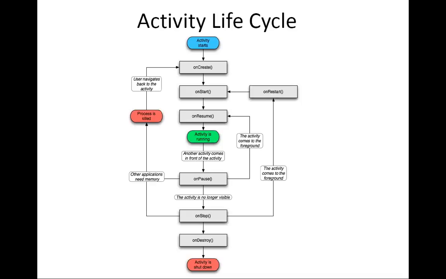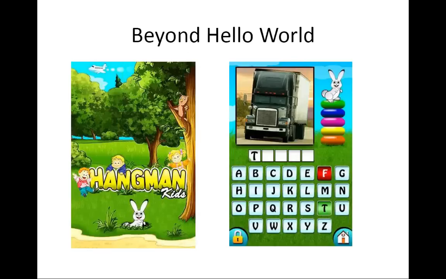So when you write an application, you should understand that your activity might not be in the foreground all the time. It might get certain callbacks to handle those situations. And this activity life cycle just explains that. How an activity starts and how an activity is shut down is something that this chart explains, and that is something that every developer should be aware of and should work on.